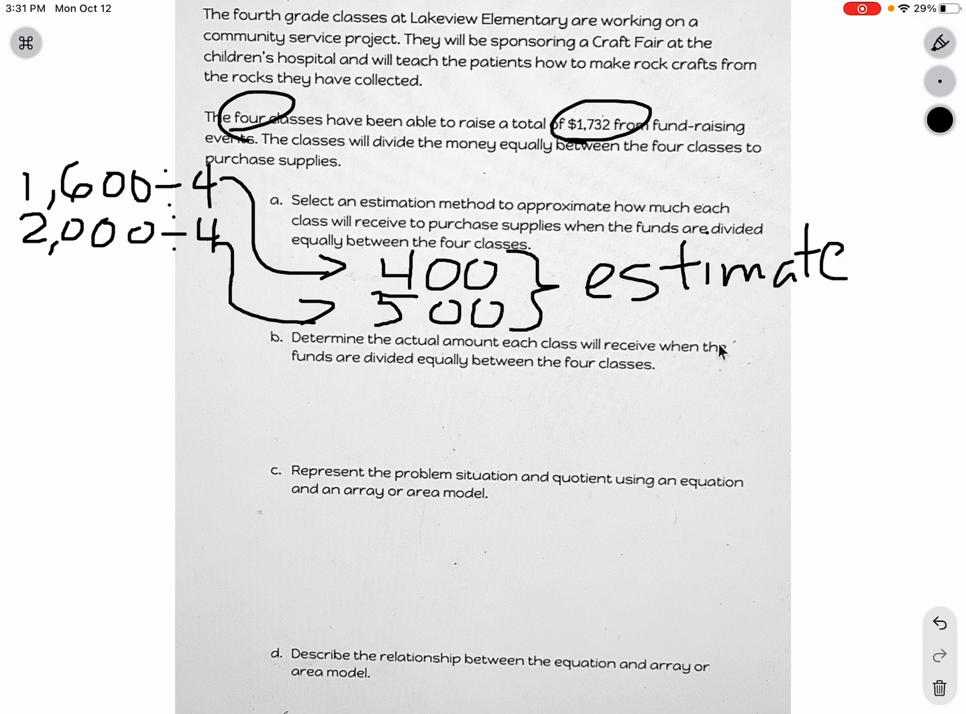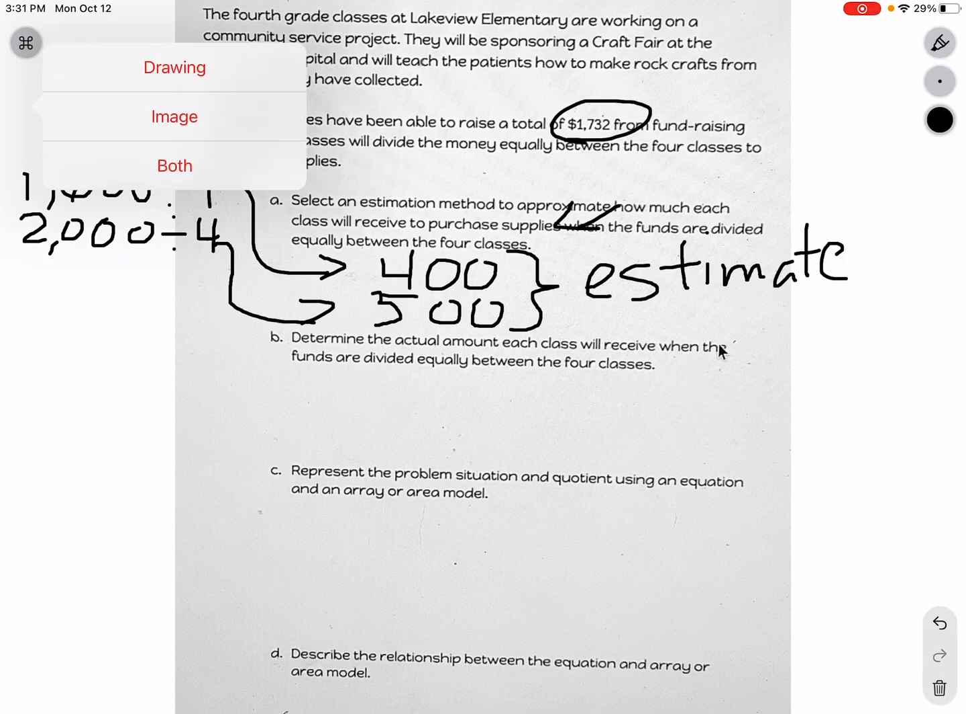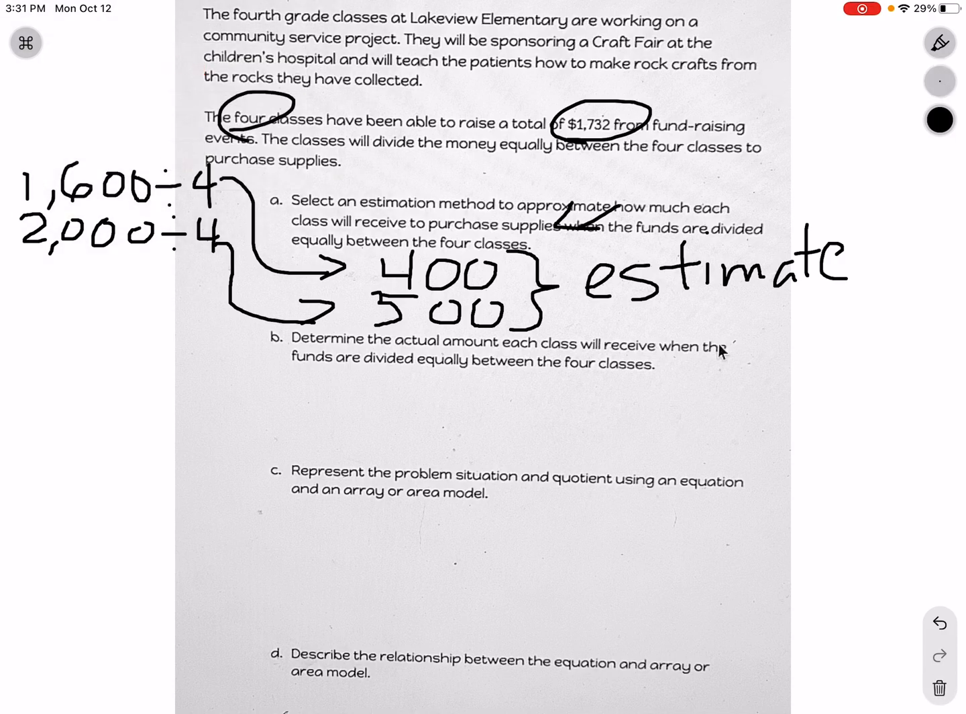1,700 is probably closer to 1,600. It's definitely closer to 1,600 than it is to 2,000. So my guess is my answer is going to be closer to 400 than 500. But let's see. Let's determine how much. We've just estimated, and now let's set up the problem. I'm going to do it over here to the left because I have room. Set it up as